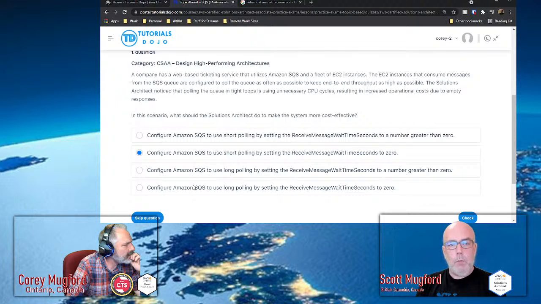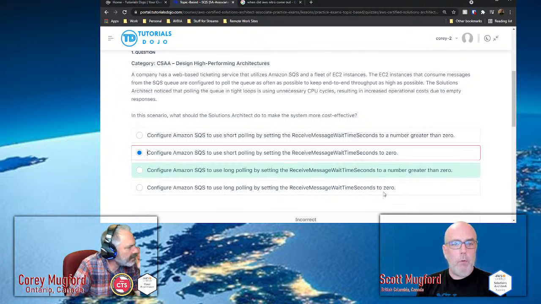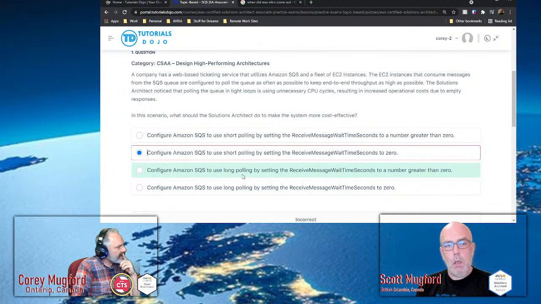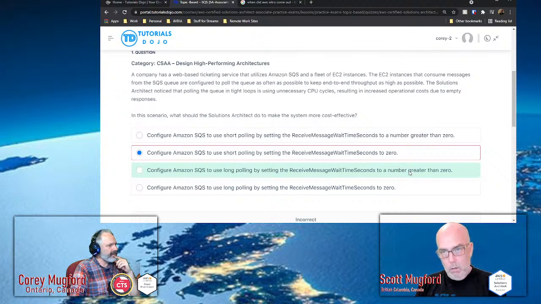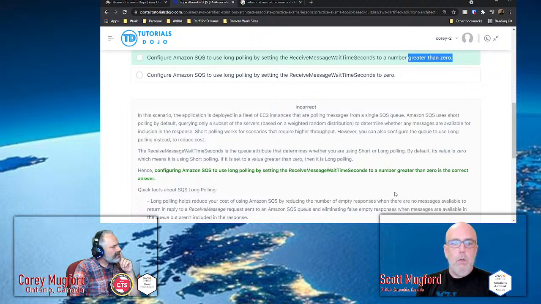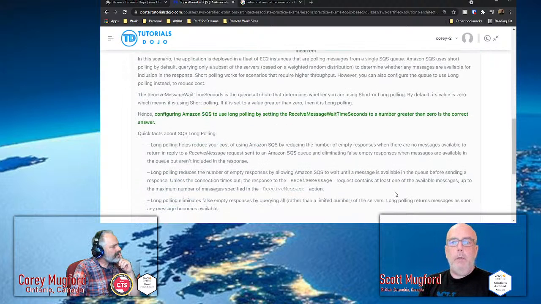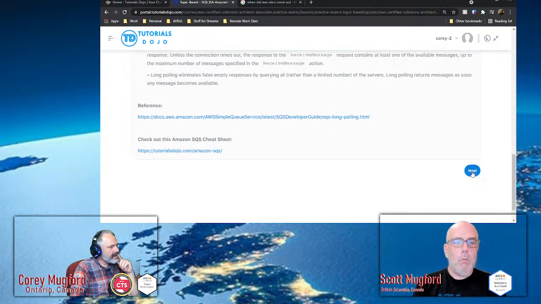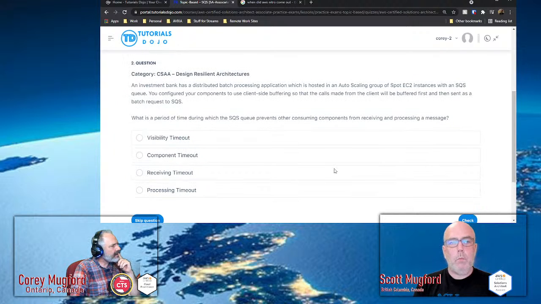It's either the second one or the fourth one. And I don't know the difference between short polling and long polling. It's the third one, so it's just long polling. That was what I thought it was in between these two. No, it says greater than 0 though, so I don't know why. I'll have to read that one later. I don't really understand that.